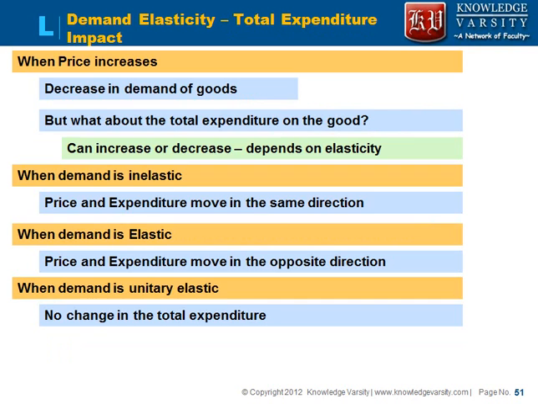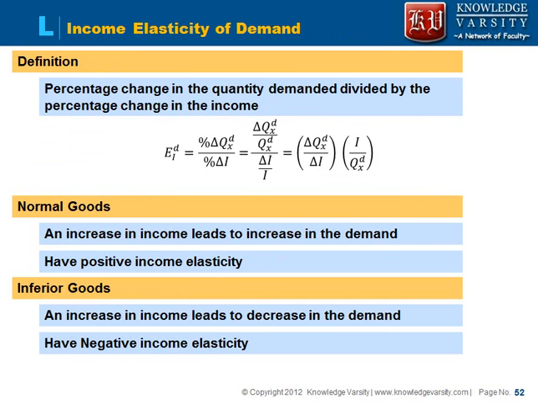The next item that we will cover is known as income elasticity of demand. So what is income elasticity of demand? The definition is the percentage change in the quantity demanded. So what is the percentage change in the demand with respect to the percentage change in the